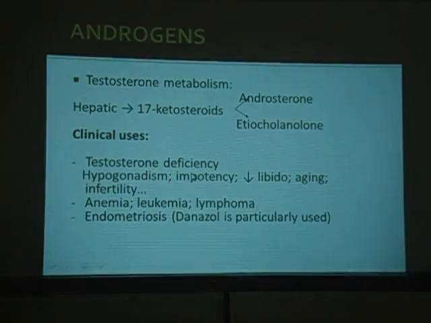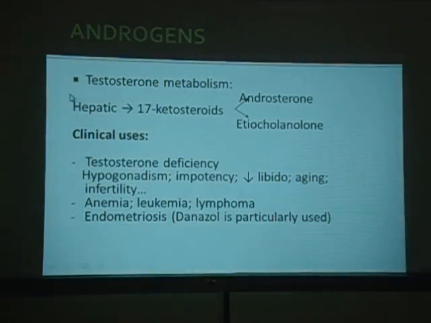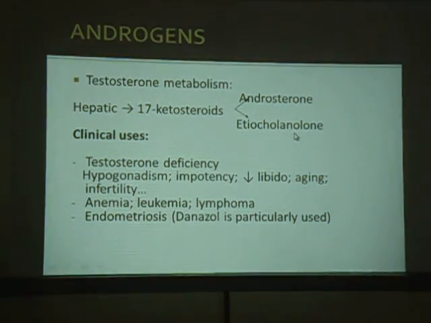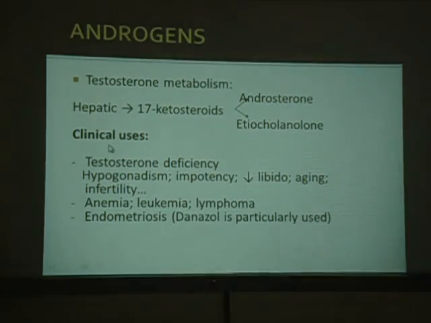Okay, so testosterone metabolism: it is hepatically metabolized to 17-ketosteroids, androsterone and etiocholanolone. These are the byproducts. Clinical uses: if we find that there is no conception taking place,